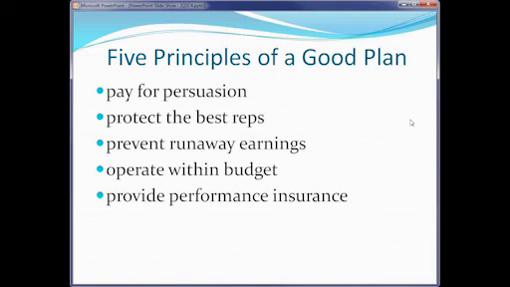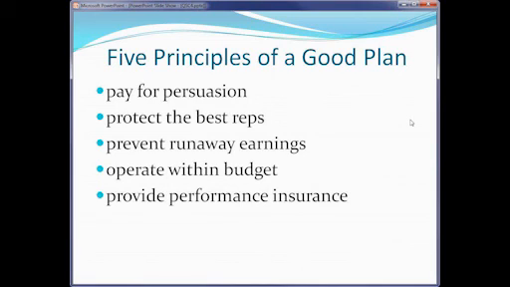Some error in the plan that causes it to scale up, and instead of paying out your traditional, say, $25 million in sales compensation, suddenly you're paying out 30 or 40 or 50 million, then that's going to be problematic and cause difficulty for the company and the company's finances. So a good plan should always be able to operate within a budget. And when you get increased performance, you should be paying for that increased performance out of increased profitability. And then finally, a well-designed plan will provide performance insurance for the management of the company.